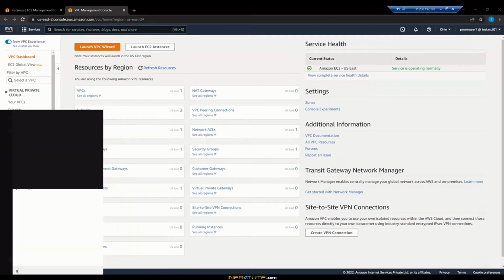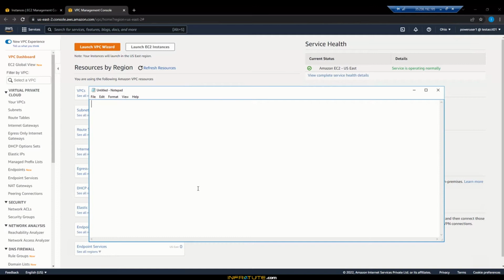So what are the primary components that work towards setting up the custom VPC? The first part is the VPC itself. Then we have the subnets. Then we have the route tables. Then we have the internet gateways. Then we have the network access control lists and the security groups,